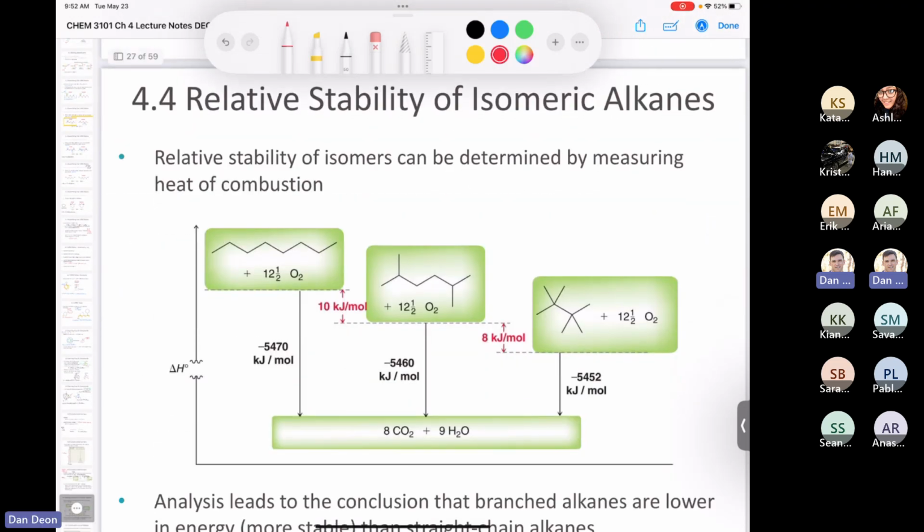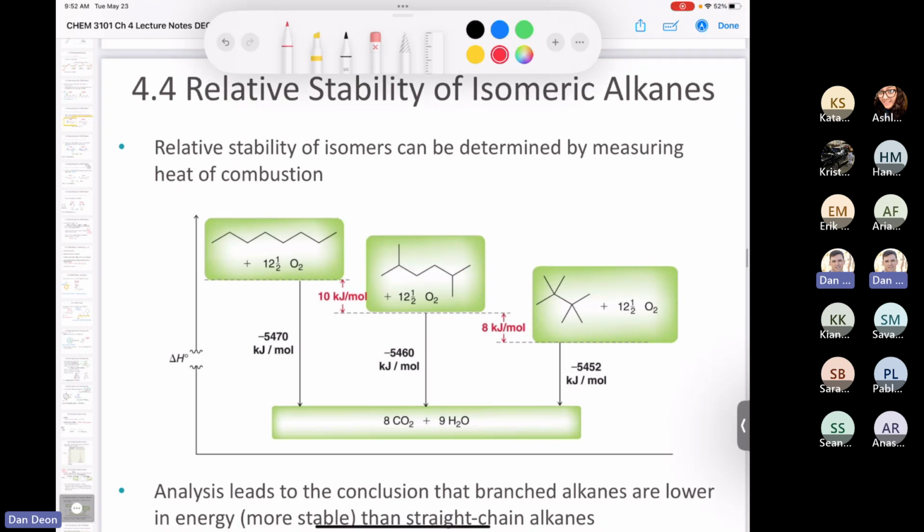Something else that's kind of interesting, this might be worth the value of one question on a quiz or exam, is the relative stability of alkanes. And this is actually beyond the scope of our course. It's based off of something called protobranching. If you want to read up on protobranching, be my guest. But if you look at all three of the compounds on here, they all have the same molecular formula. They're all C8H18. And it shows you that the enthalpy of combustion for each one of these compounds, which all have the exact same formula, is different.